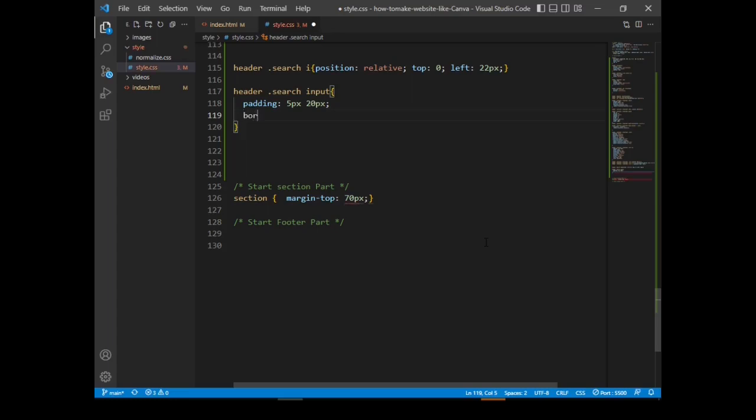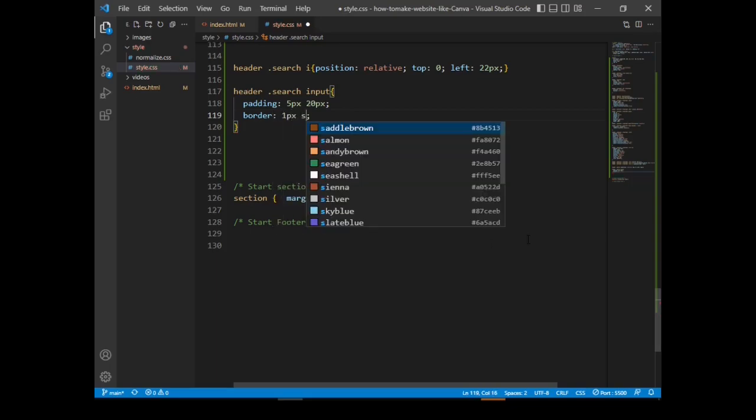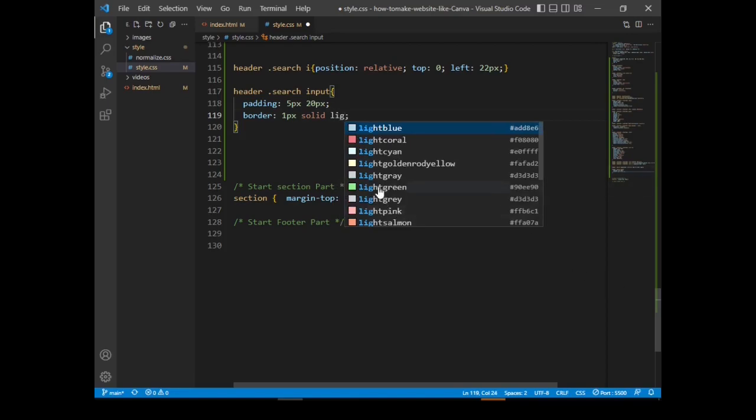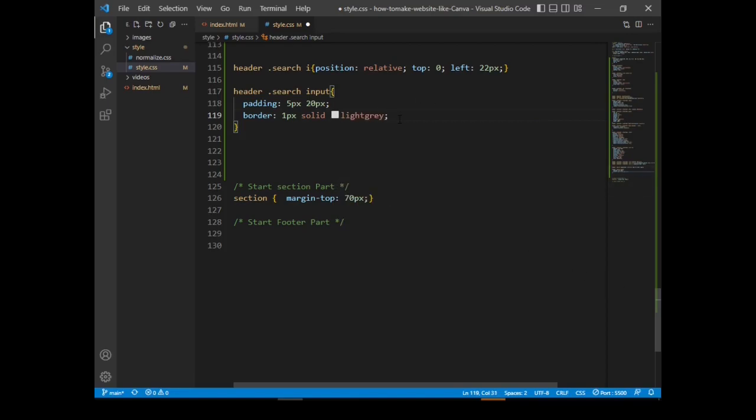Border, let's set it to 1 pixel solid light gray. Yes, that's the color that I want for the border. Then outline, let's set it to none. Then we are done with this one.